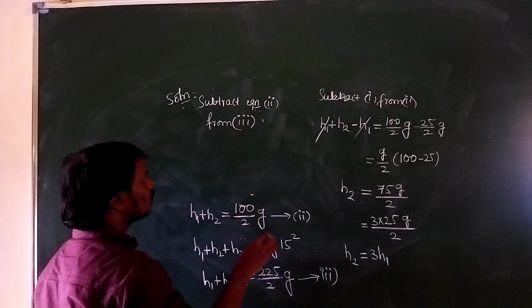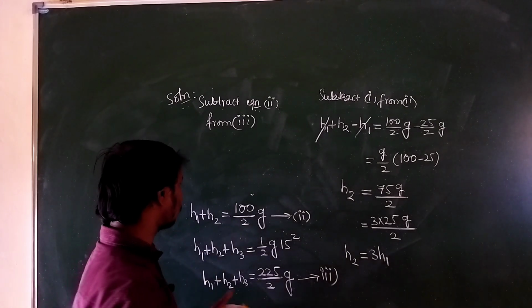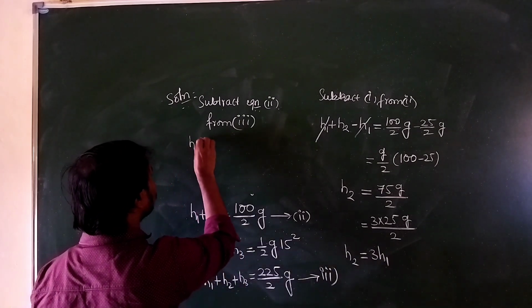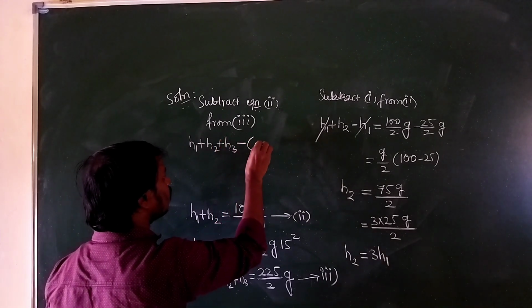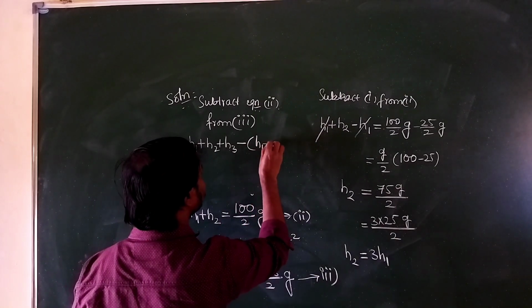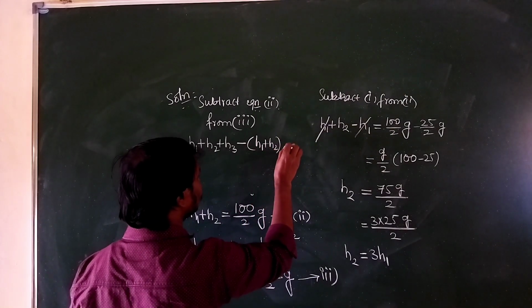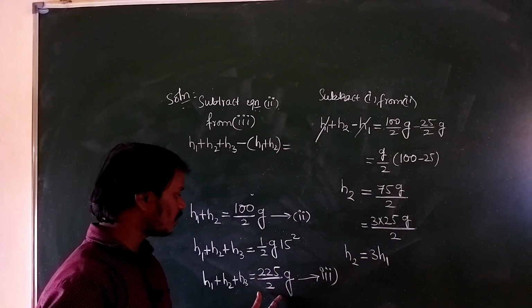So what is the left hand side of equation 3? That is h1 plus h2 plus h3, minus the left hand side of equation 2, that is h1 plus h2, equal to the right hand side of equation 3, 225 divided by 2 into g